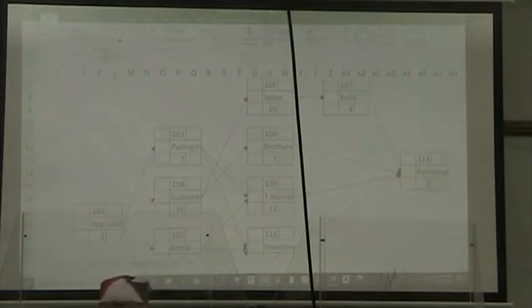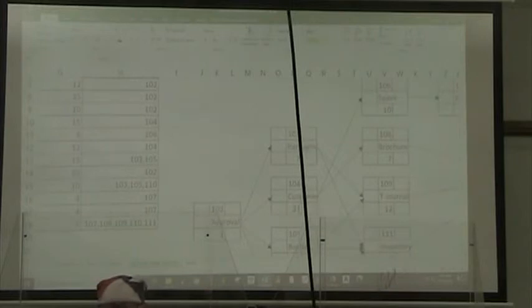So we start, of course, with our forward pass. That means I'm going to start here with approval. What is the start time? The start time is always 0. All right, so our start time is 0,